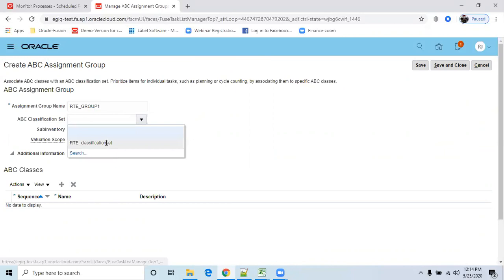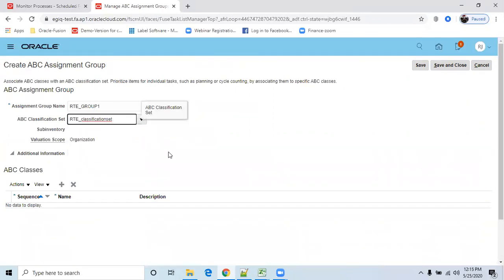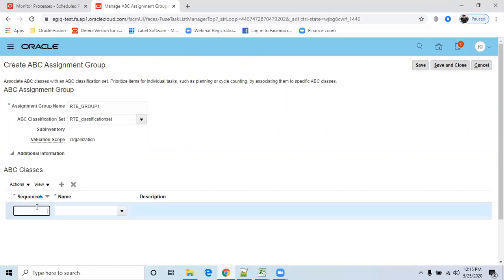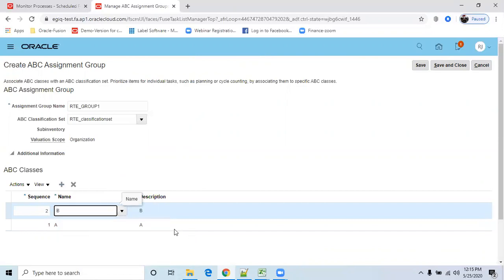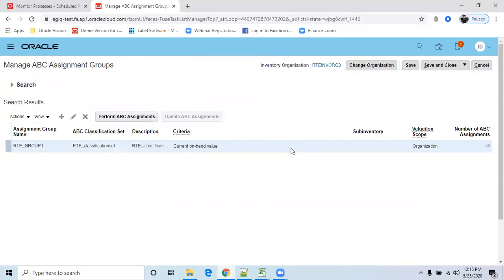Whatever set which we have created. Okay. So click on plus. Sequence number. First sequence I'm keeping A group. Second sequence I'm keeping as B group.